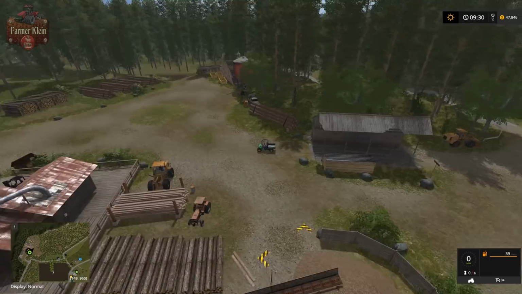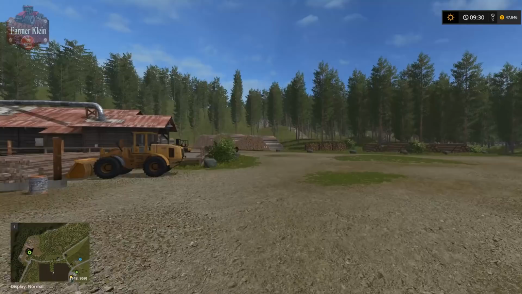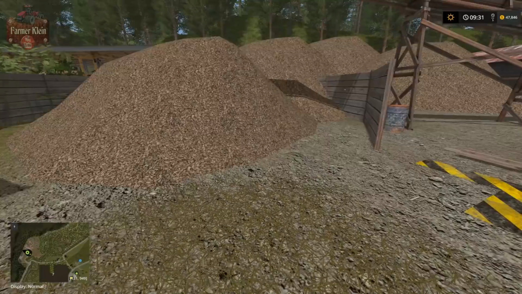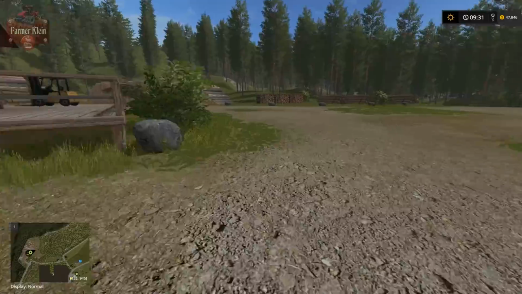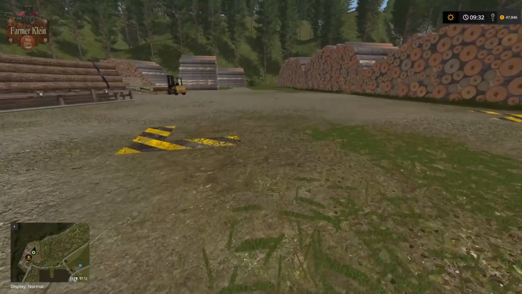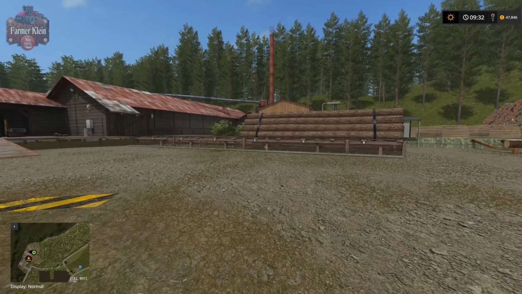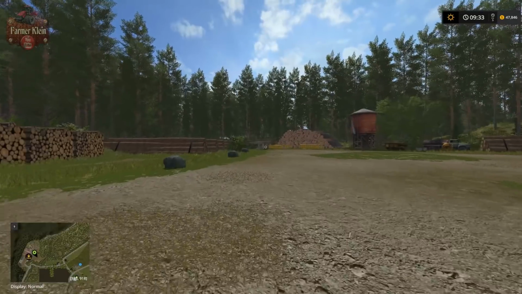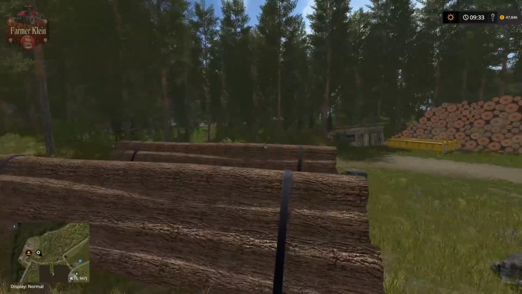Scale was backwards. Maybe the scale is there so other folks in the scale house can read it. Here we have the sell point for wood chips. We have the sell point for logs over here. And yeah, beyond that, it's pretty much the standard Farm Sim structure for the sawmill. But we've got really nice details here with strapped logs, just nicely stacked around